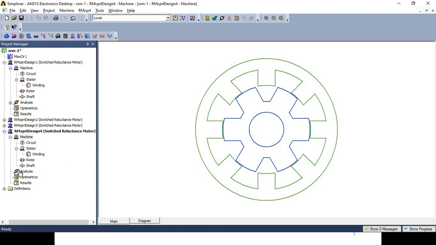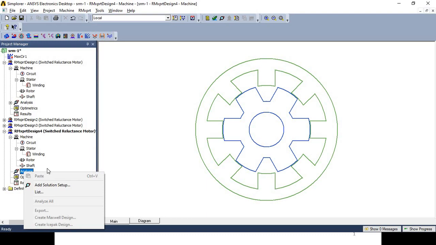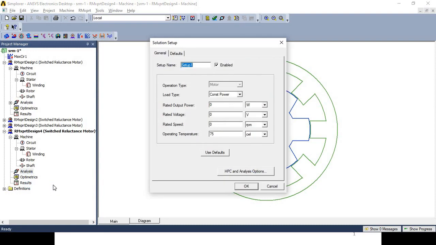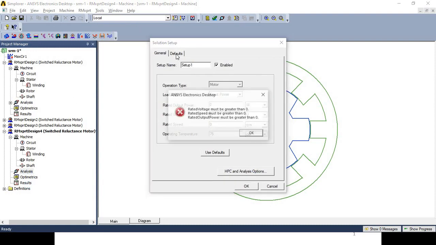Now you have to do the analysis, but before the analysis you have to confirm whether your design is correct or not. For that, you can select and right click on the analysis and do the add solution setup. The add solution setup is divided into